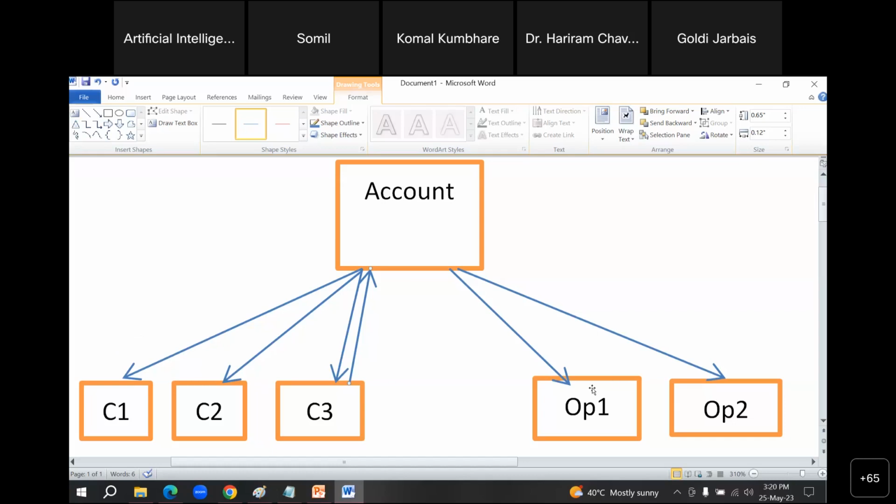So for opportunity 1, account would be one. So for opportunity, there would be a one-to-one with account. But for account, there can be multiple opportunities. So that can be one-to-many. So got it? Relationship one-to-one, one-to-many. Yes, sir. So any other question? Got it?